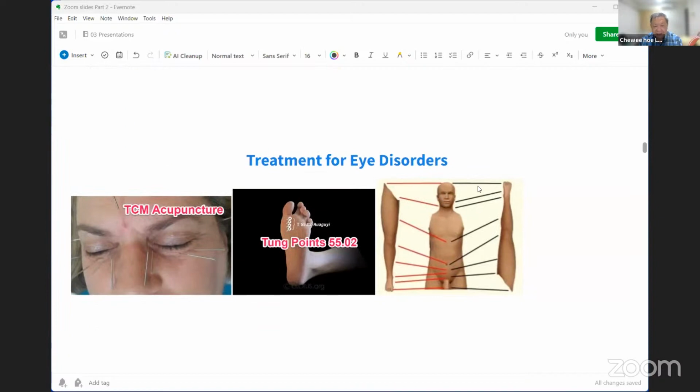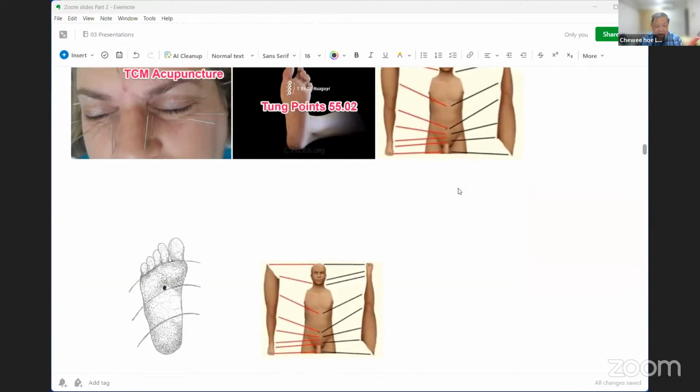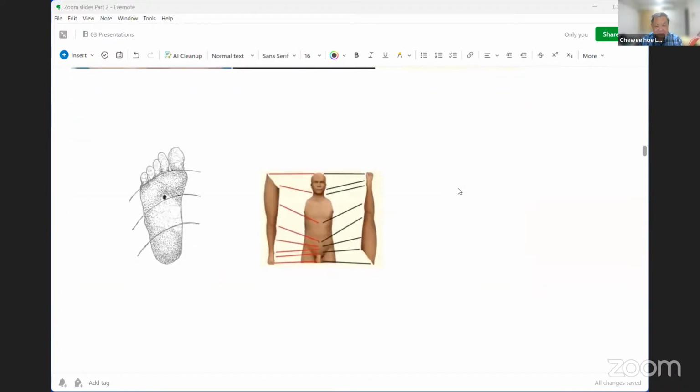Eyes, again, the foot is the head. I will move a bit faster. This one. What point is this? Okay, there's a question. Is only one needle point enough for headache? No. Sometimes 2 or 3. Okay, Kidney 1. All right. Oh, many TCM practitioners in this group. Fantastic. You learn Tung and you become super.